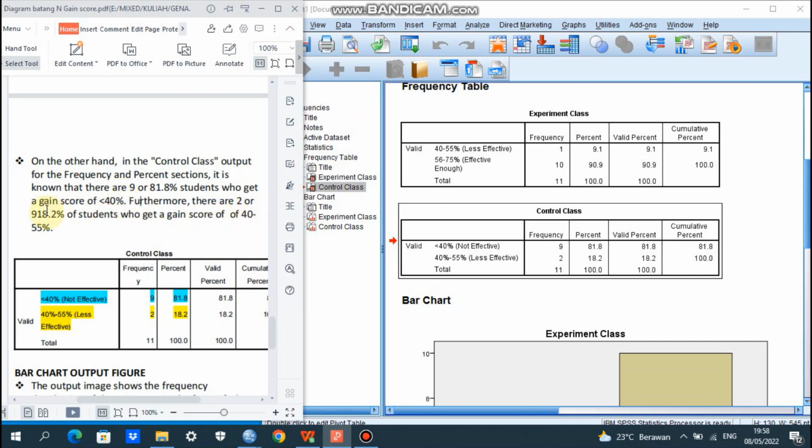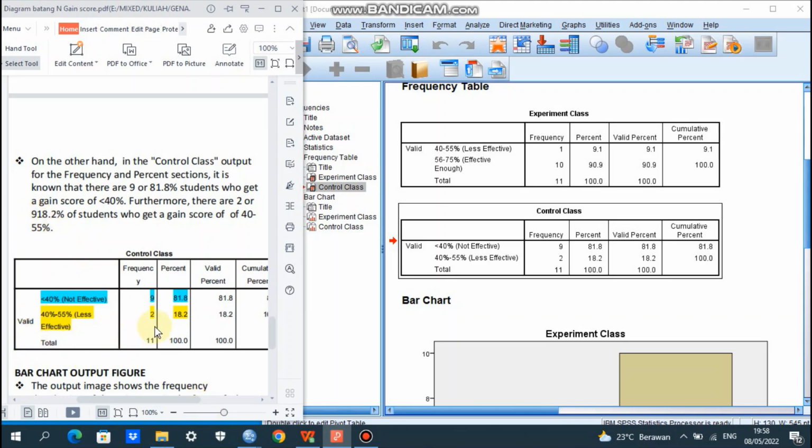And there are 2, or 18.2% of the students who get a gain score of 40 until 55%. So we can have a look at this one. Don't forget it is a typo here, it should be 18.2%. We can delete 9 here.